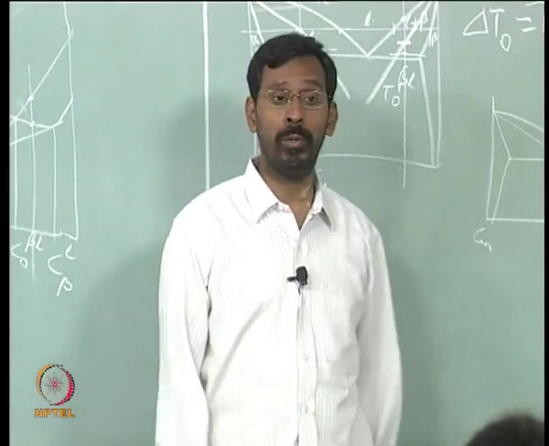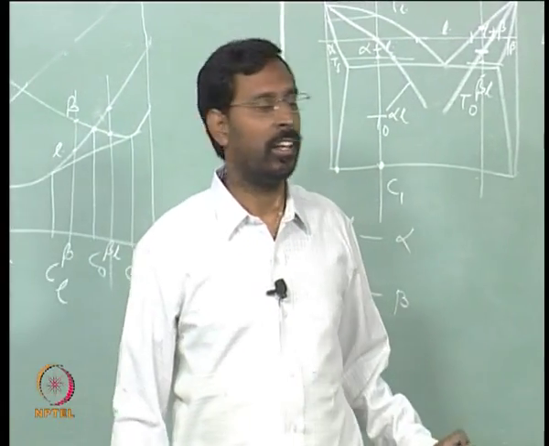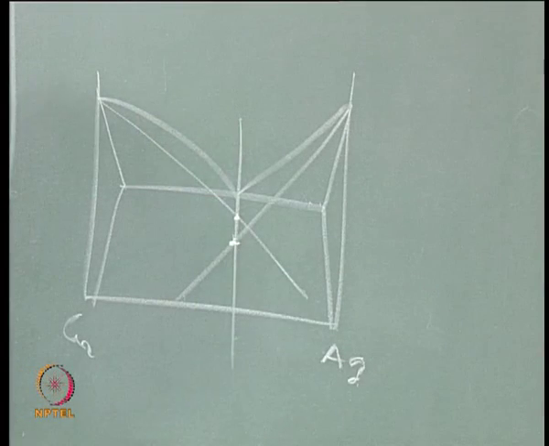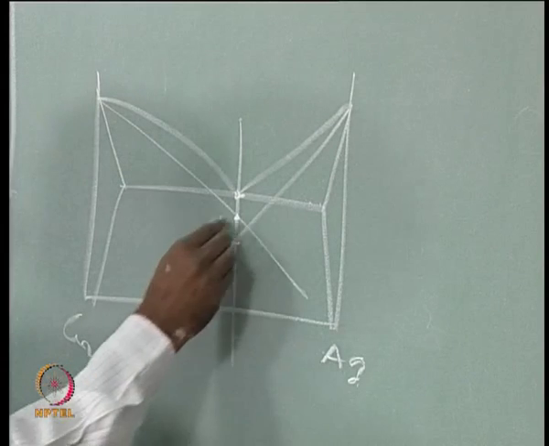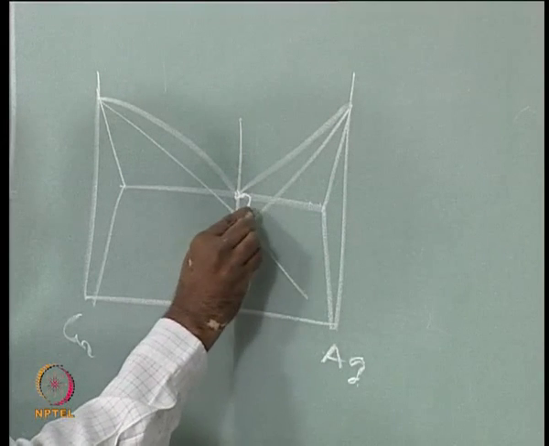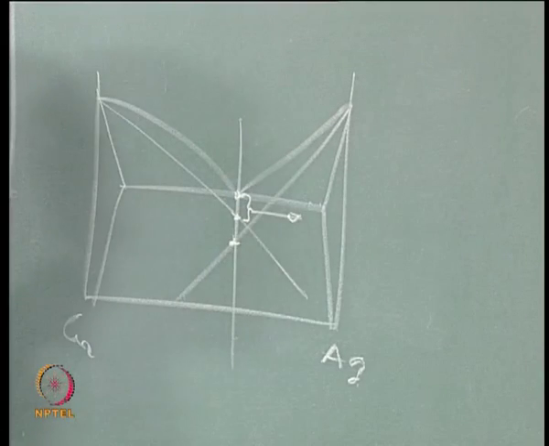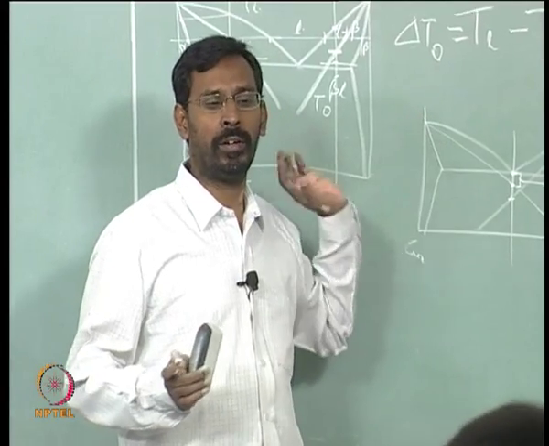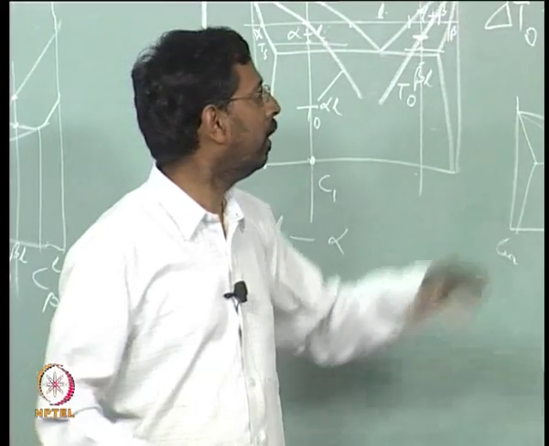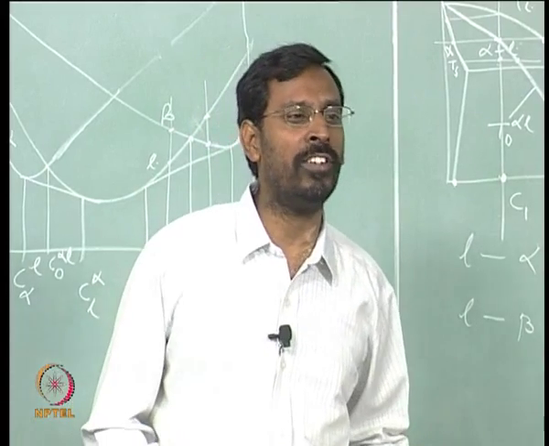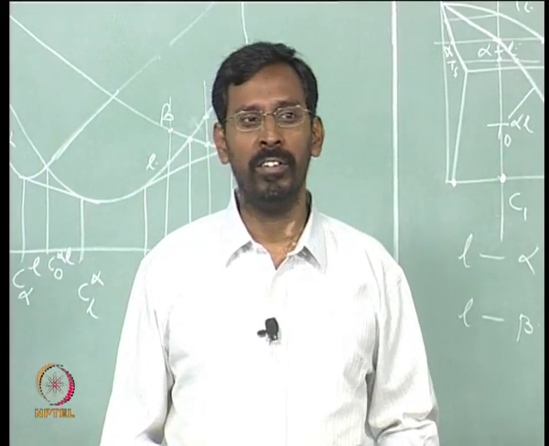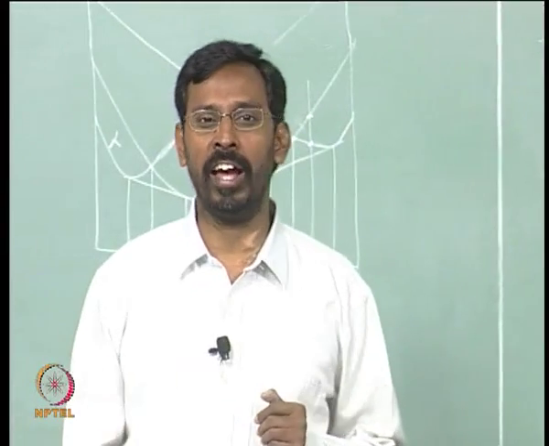So, I can in principle get a single phase structure just by undercooling it. If this is the liquidus temperature and this is the T naught, what I need to provide is this much undercooling. That means my cooling rate should be such that it gives that much undercooling. If I get that much undercooling, then in principle I can get a partitionless solidification. A eutectic alloy gets converted to almost like an isomorphous alloy. This is what we call metastable phase diagrams.